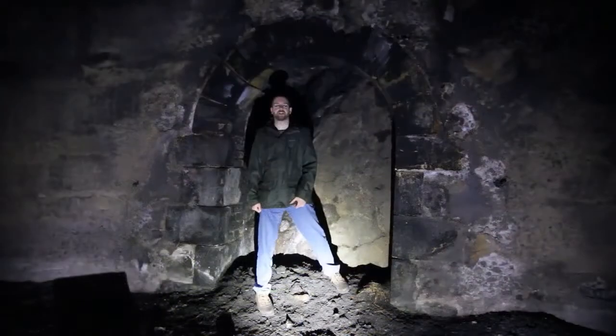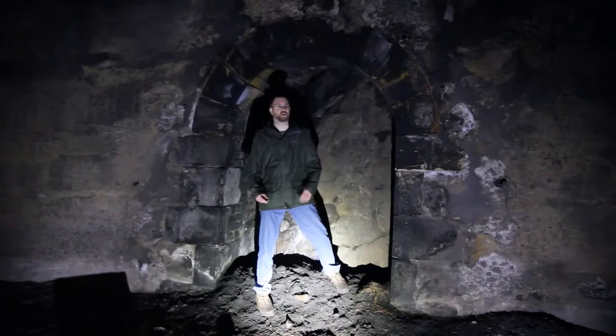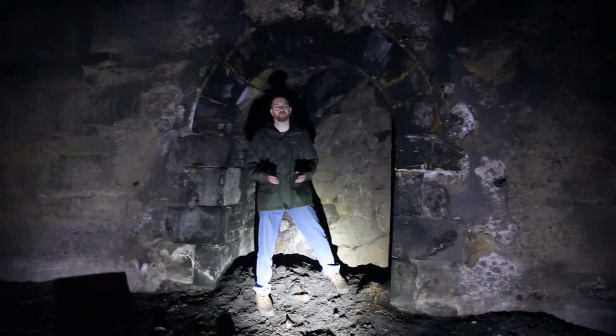I first visited the Glenfarg tunnels in 2009, and what I'd done is I'd seen them marked on the map, so they're pretty much Scotland's worst kept secrets. And I thought, tunnels, that might be interesting, take a walk down, see what happens. I was just expecting them to be blocked off, you wouldn't be able to get in. And when I got here, I was very shocked. You can walk right in and go all the way through to the other side,